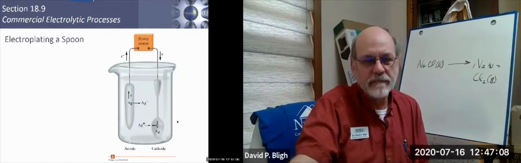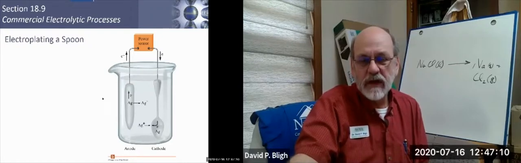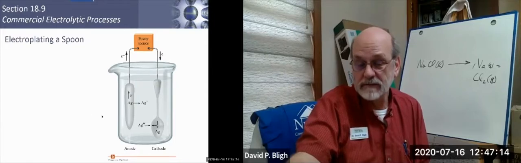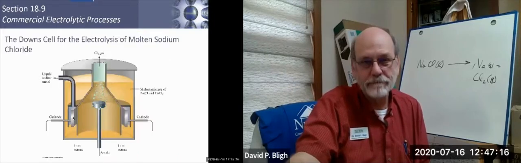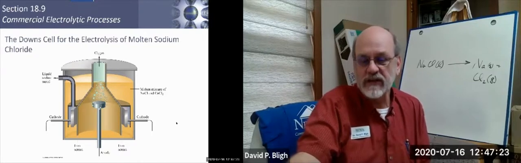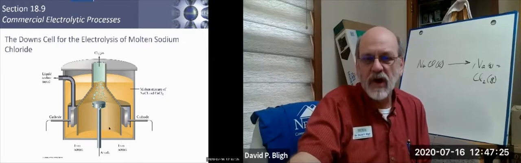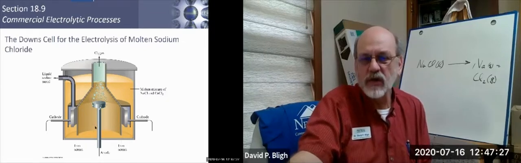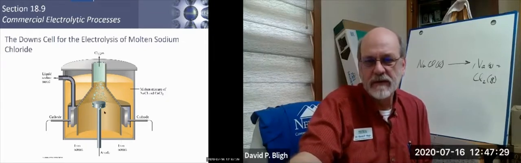Okay, let's see. You can electroplate your spoon in silver, right? This is an example. Here we're producing sodium and chlorine in this process. So the engineering is important here because you want the anode is the source of the chlorine gas, because that's the